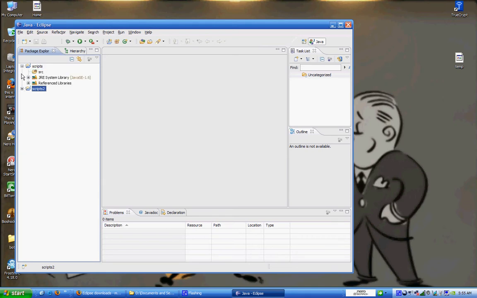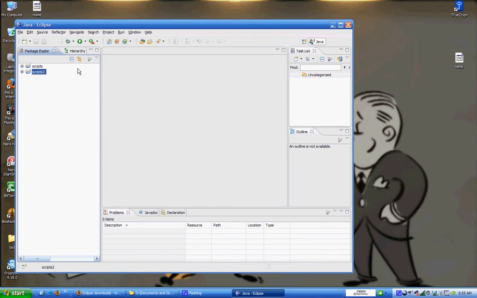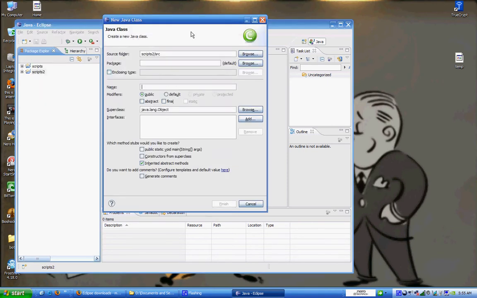Okay, now that we've done that, as you can see, I have two folders here, which are basically the exact same thing. I'll probably end up deleting one later, but as you see here, we have our reference libraries here, and say I was going to create a new class here. Say it was going to be a script. I'll go into this in just a little while, probably in the subsequent video. This is probably going to be the first one. Just go ahead and name this tut